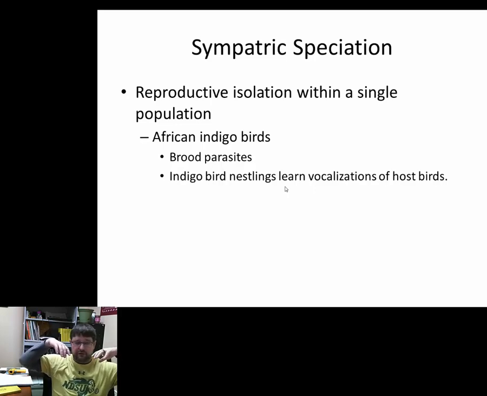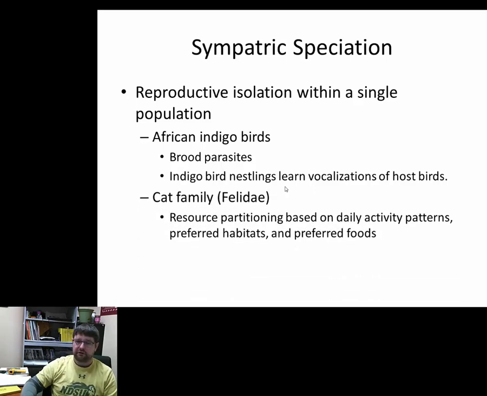Maybe one recognizes widow birds, one recognizes blackbirds, one recognizes another group of birds, and so they're manipulating multiple host birds' nests, but those populations are isolated because of that advantage. Okay? Other examples are things like different species of cats that